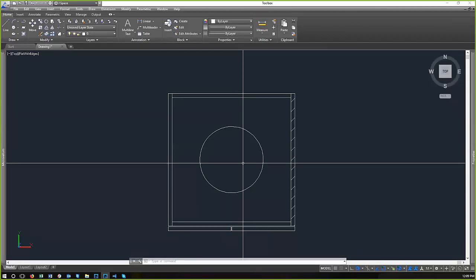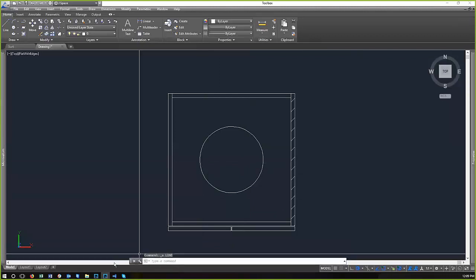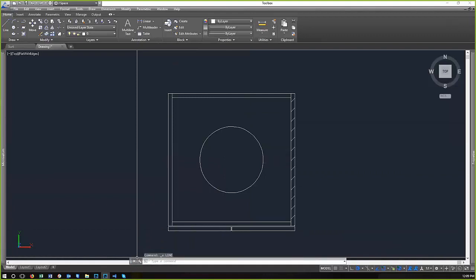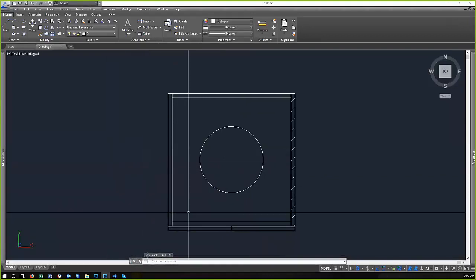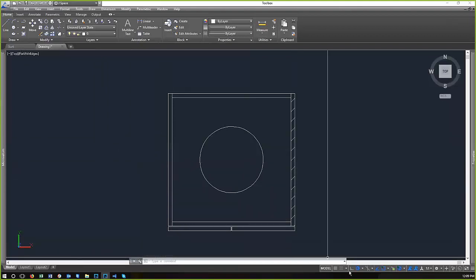Then F2 is to expand the history of your command line. It doesn't work on this interface, but if you have the other command line where it's docked down here, then you can hit F2 and it'll expand the history, and then you can click out of it and get away. F3 is your object snap. So you can see if you hover over this object snap F3, whether or not you want to snap to things is